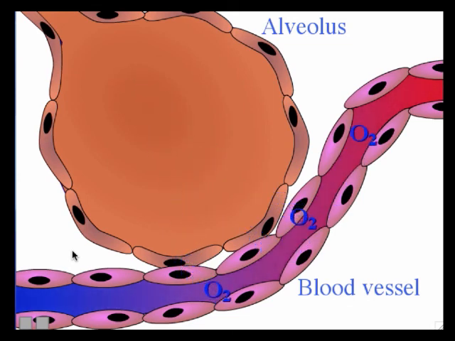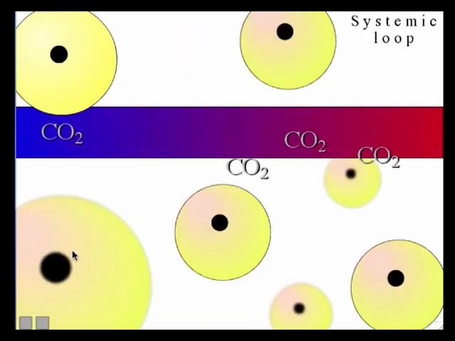There's the oxygen flowing in. This is the pulmonary loop now. Oh, it's not doing it. Okay, well,